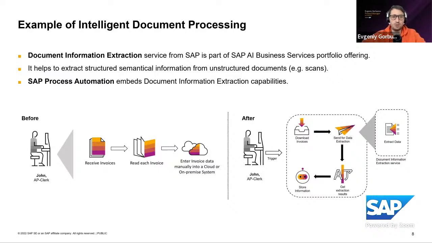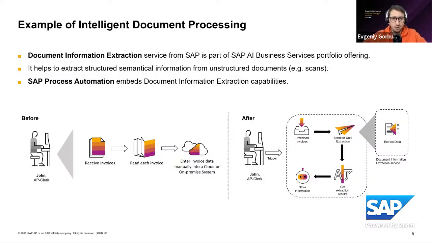With SAP Process Automation, you can easily drag and drop the activities, the steps, in order to process the documents, and you do not write any lines of code or make API calls by yourself by writing that in the system. Of course, API calls are happening in the background, and that is all taken care of by SAP. And you still develop it with the low-code, no-code approach.